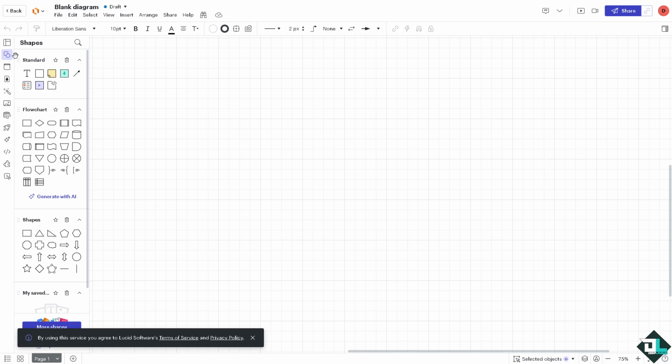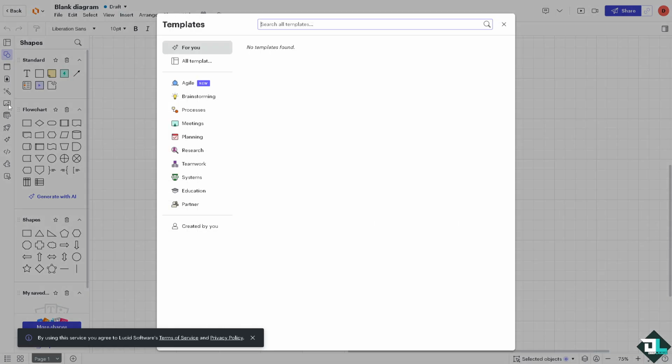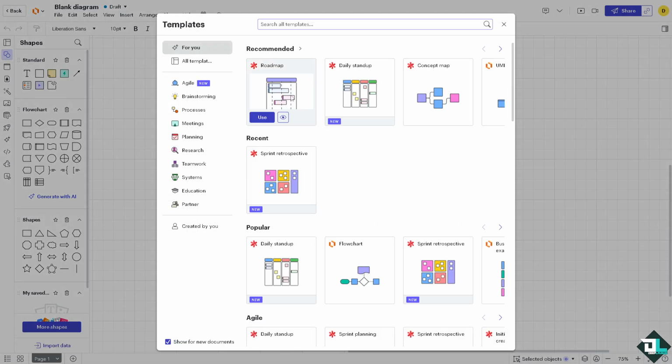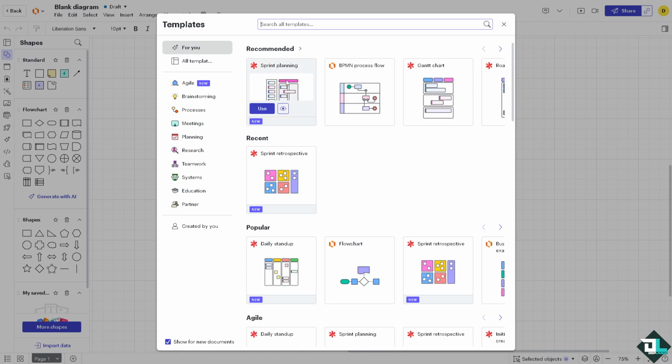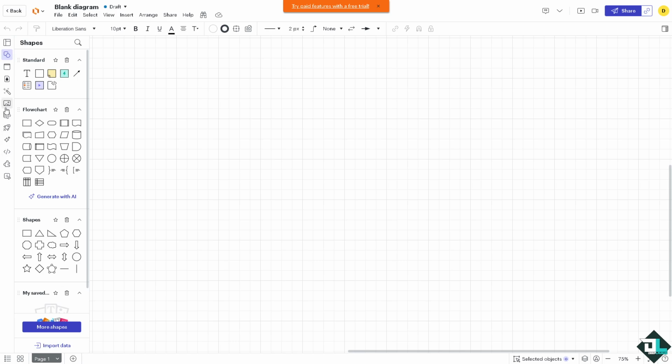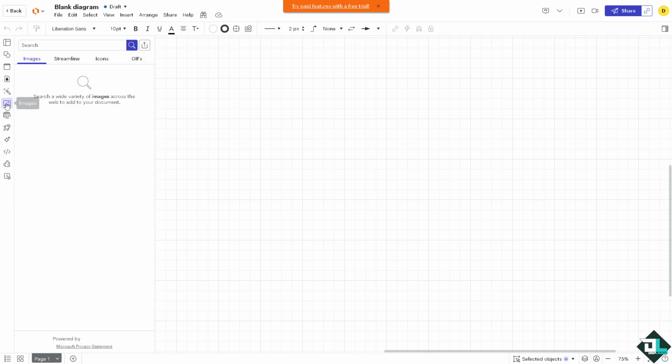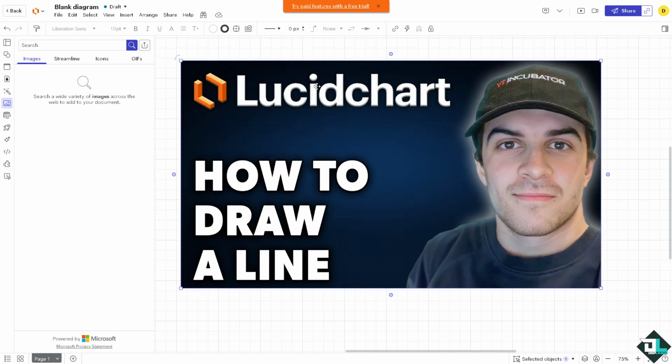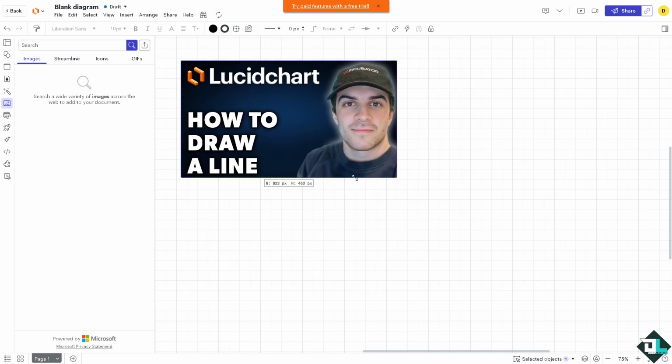All right, so here we can attach some image on the left side panel of our dashboard. You can start with recommended templates. But for now, say for example, I'm gonna start from scratch. I'm gonna click on the left side and click on images. And here I'm going to drag and drop or search for my computer. By clicking this arrow, you can choose from image, GIF, or OneDrive. If you do that, you can attach a file, and then for you to be able to draw a line,